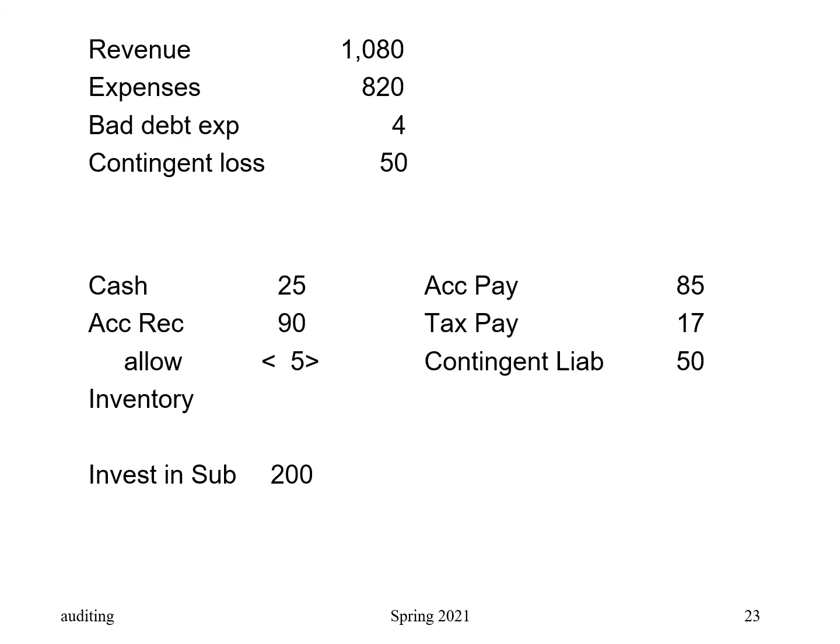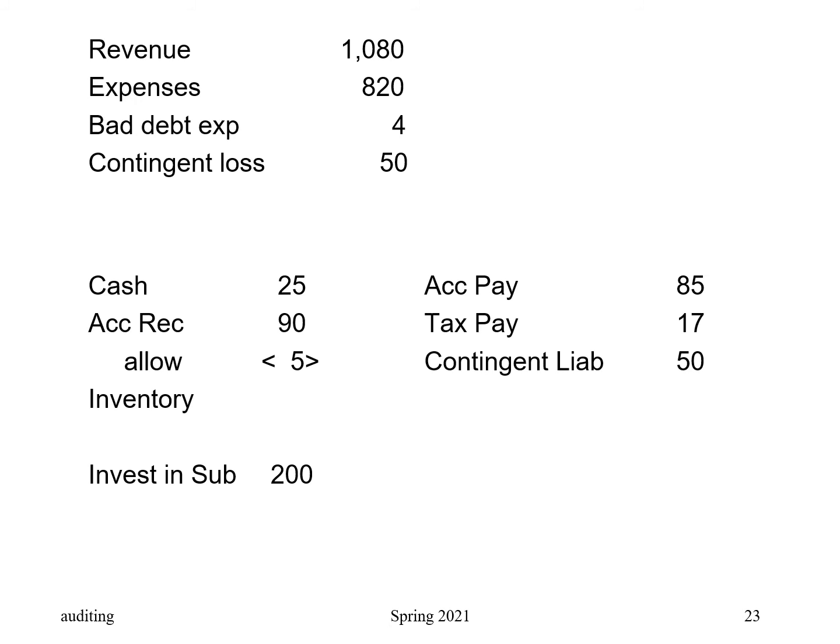Bad debt expense, allowance. They've got an investment in a subsidiary on their books. Now, this is not a publicly held company. We don't really know what this subsidiary is worth. It's just a guess. The stock in the subsidiary doesn't sell on the open market. They've got it on the books at $200 as of December 31st. In January, they sell their subsidiary for $175. Oh, well, unless something really drastic happened in January, that's probably a better indicator of what the subsidiary was worth at December 31st. So go ahead and book the loss.